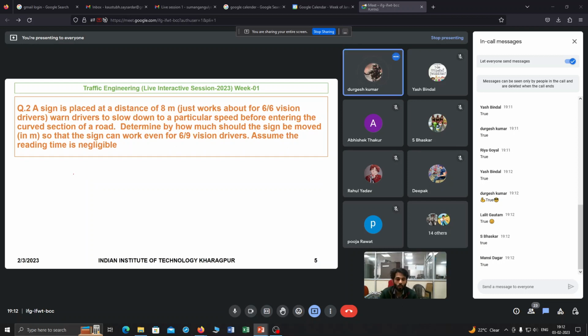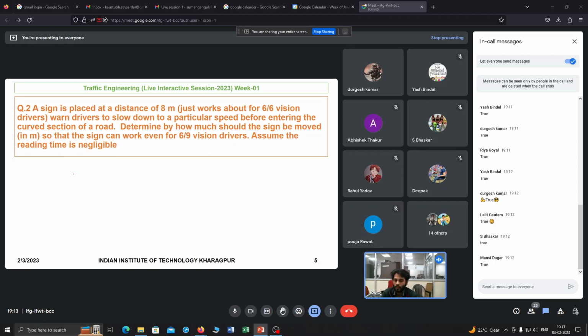So this is a numerical one. This is based on the visual acuity of drivers. So a sign is placed at a distance of 8 meter, right? Warning the drivers to slow down to a particular speed before entering the curb section of a road, right? So determine by how much should the sign be moved in meter, so that the sign can work for the